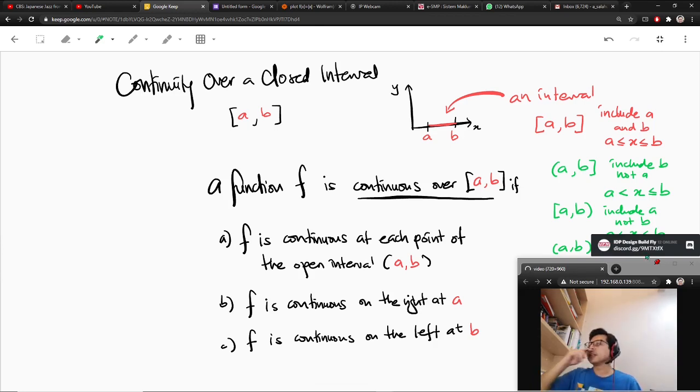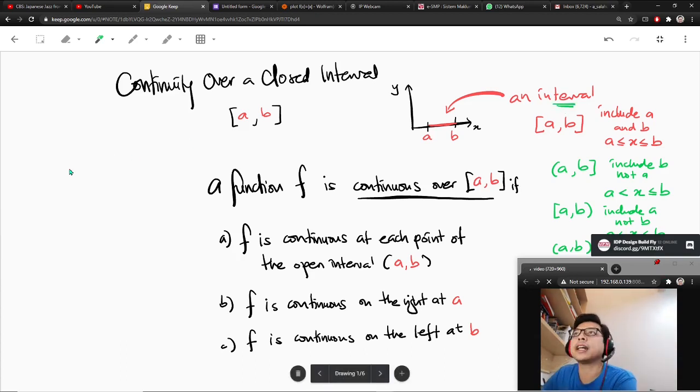Okay, so this is how you define an interval. Sometimes there's a function that is only continuous in an interval. Okay, so there's a formal definition here. You can write it down in your notes. Function f is continuous over interval a b if,